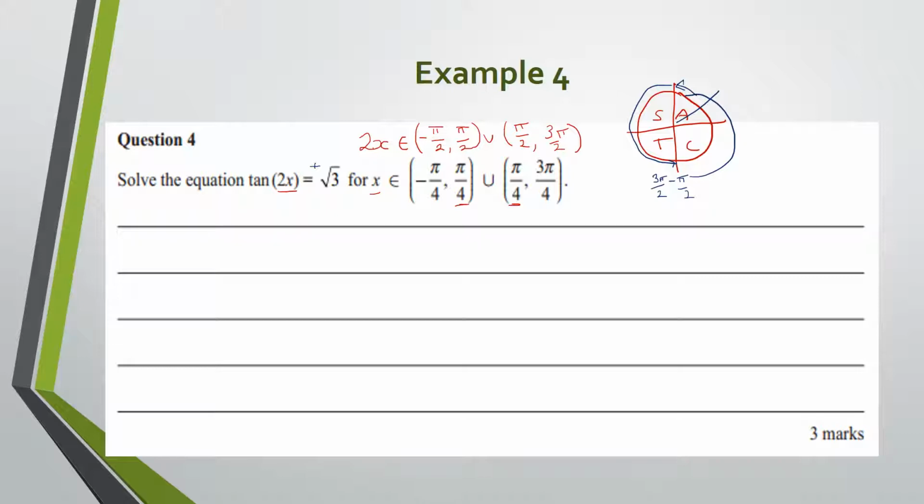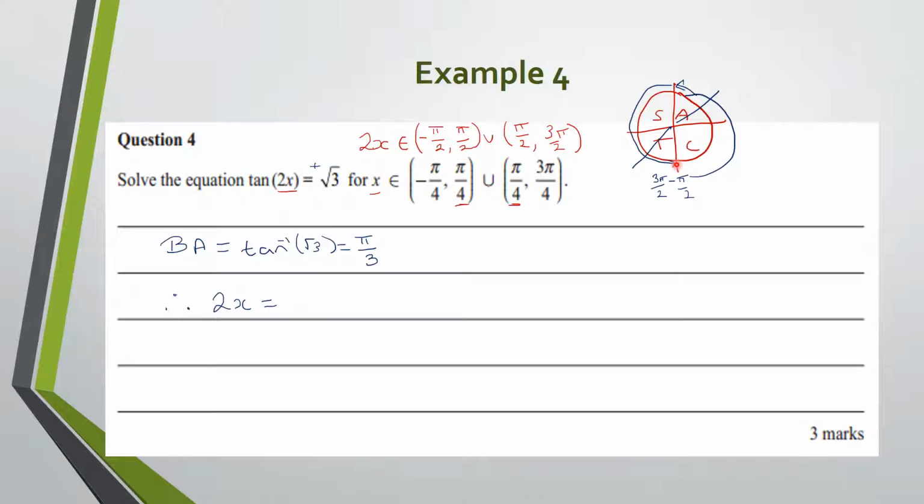Alright, the next step is to consider which quadrants we're looking in. Our square root of 3, that's a positive value. Tan is positive in the first and the third quadrants. Next step, we think about what our base angle is equal to. So our base angle, tan of what is equal to root 3. What we're essentially saying is inverse tan of root 3. What would be our angle in our first quadrant? Once again, you do need to know these, and we would get an answer of pi over 3. Then we're ready to find our solutions. So therefore,